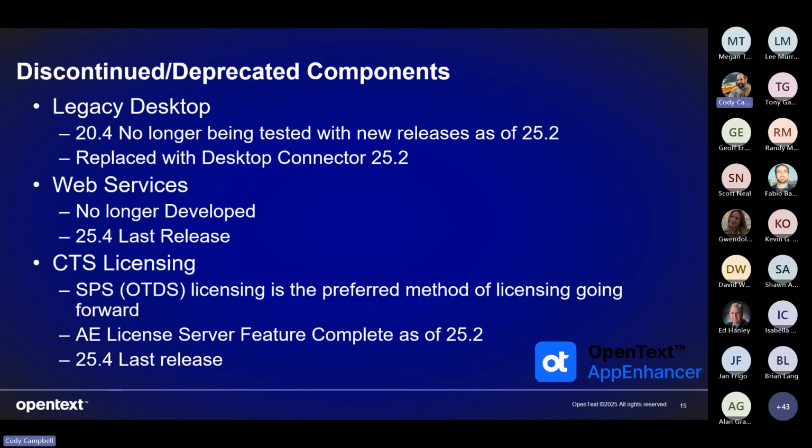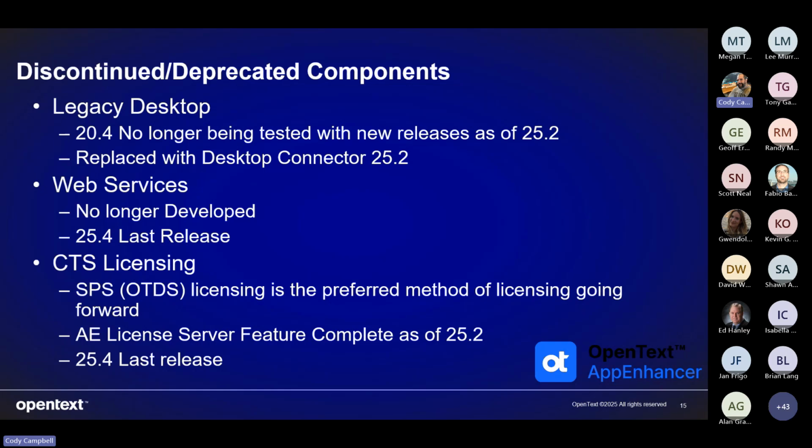Okay, so one of my least favorite slides to talk about is stuff that's going away, because people love the stuff that's here. We don't want to discontinue stuff without giving you something to use in a future product, and we've done really well in the web to make parity between the desktop and the web. And we replaced our legacy desktop. There's full parity now with the legacy desktop. There's nothing that you can do in the desktop application that you can't do in the web.